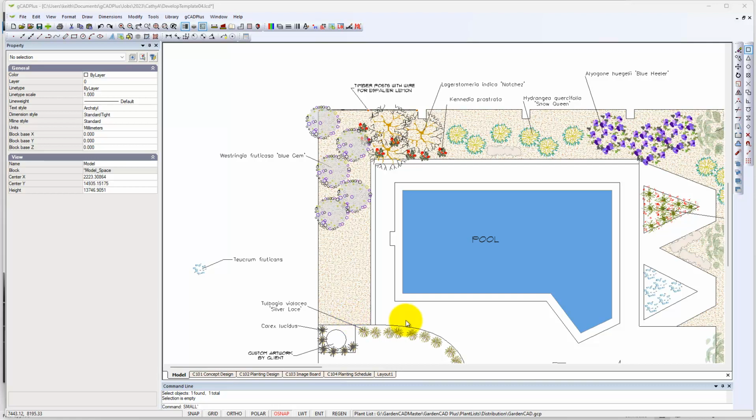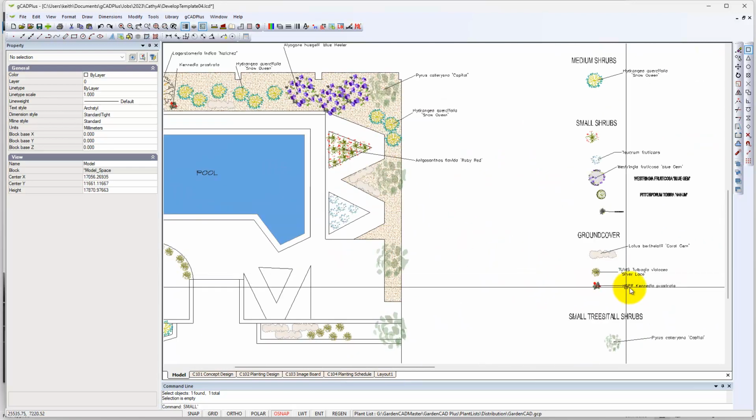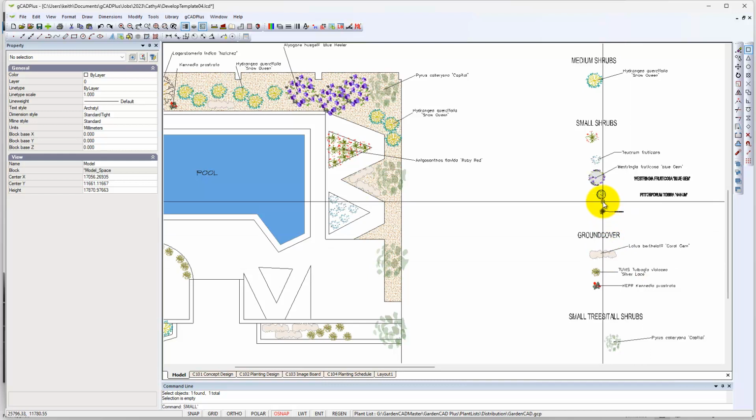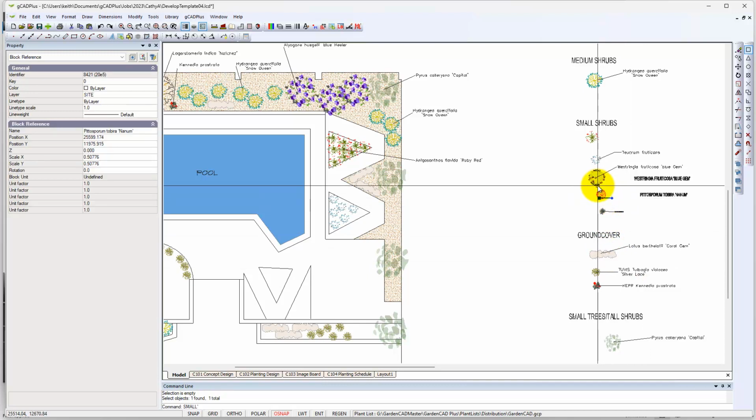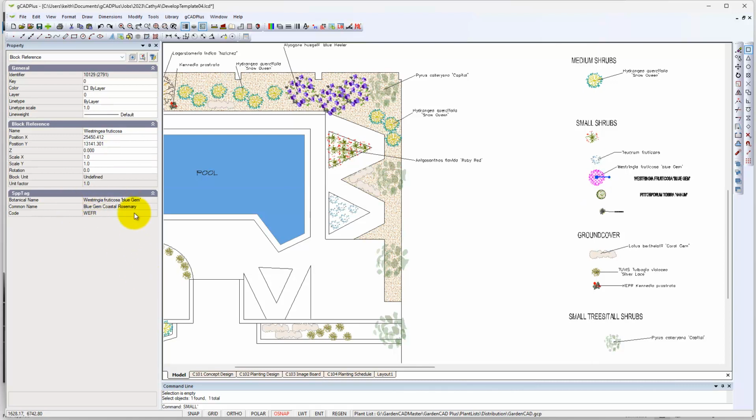Well, I've been working with this drawing for some time, developing some ideas for making life so much easier when you are developing landscape plans such as this one. This is just a test plan. If I scroll out a little, and it's by no means finished, what we are doing is making sure that every symbol that I've got, not that one, but this one over here, is already pre-linked to an entry in